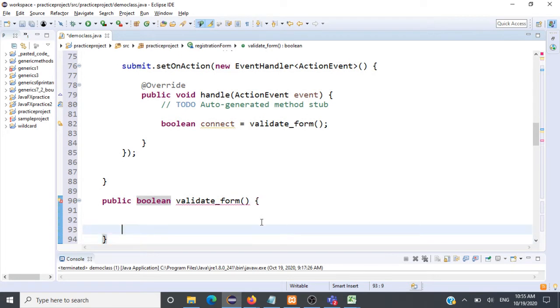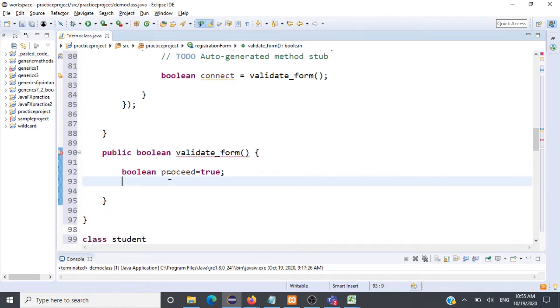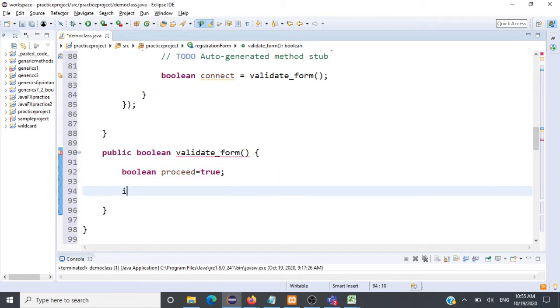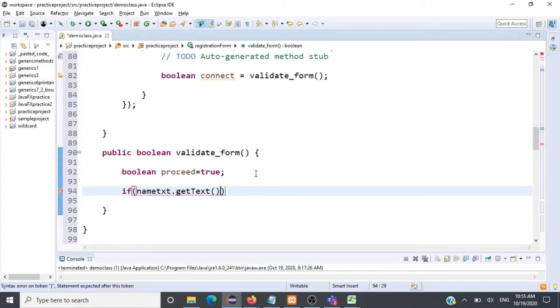What all we are going to validate here is whether the user has entered his password, name and things like that. For that I'll have this boolean proceed is equal to true. Initially I assume that the user has entered everything and we can proceed further, but we'll have to make a check here. What check we are going to do? We're going to check if name text dot get text dot is empty, then what, and I'm going to have one more check here, that is proceed is equal to